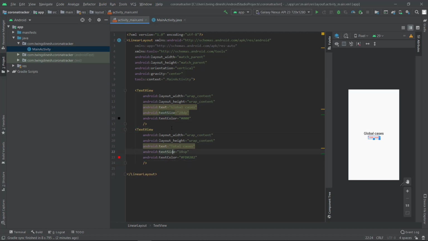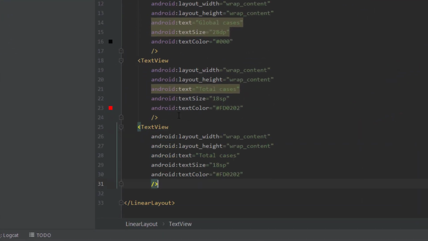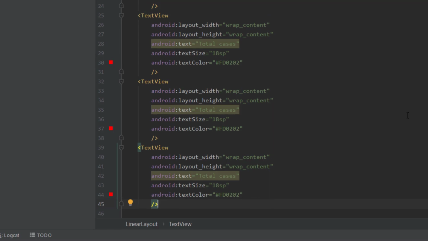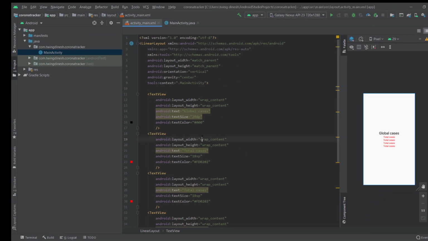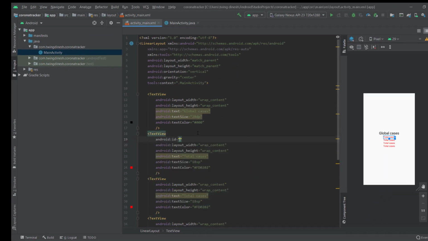So we have created 2 text views. Another we should create 3 more text views. And we have to mention the ID for all the text views.